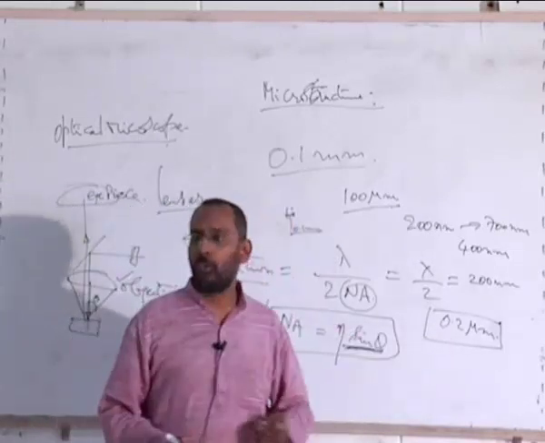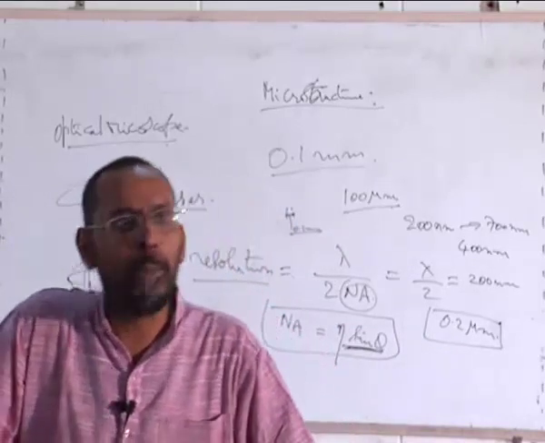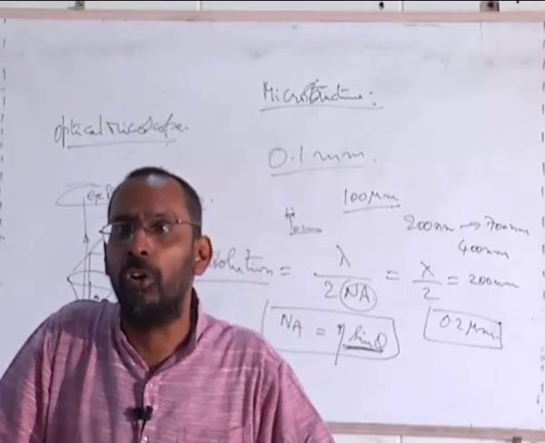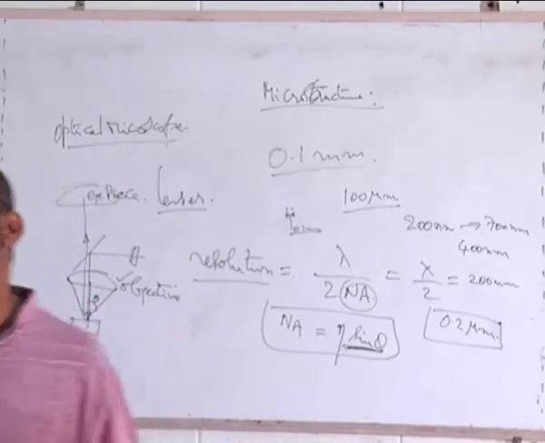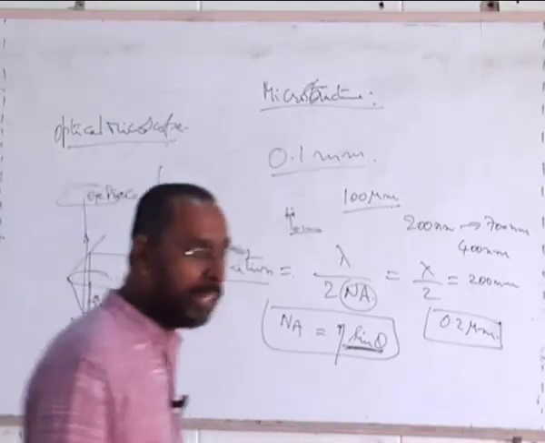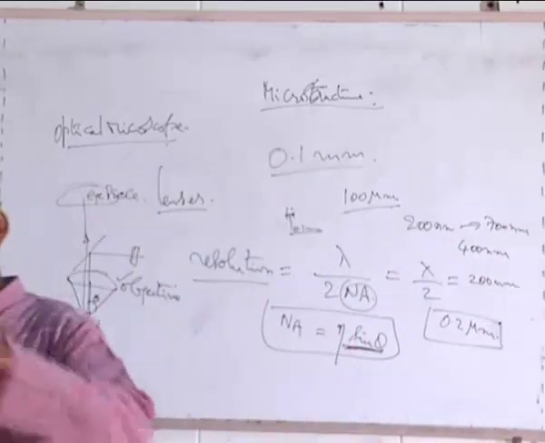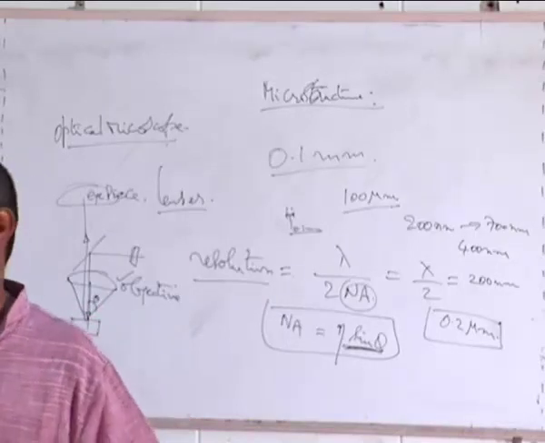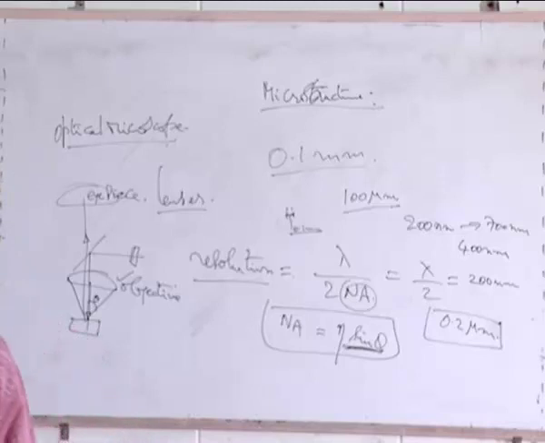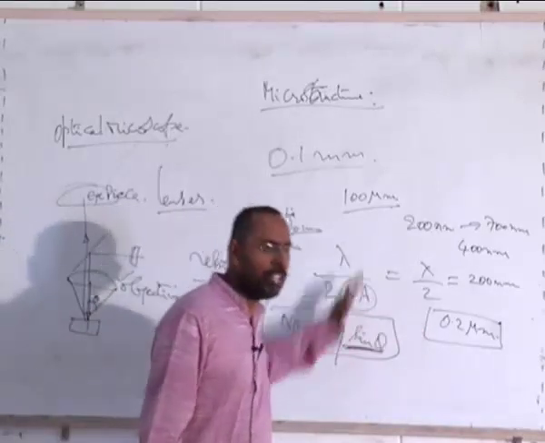And many of our microstructural features are even smaller than that. For example, I just mentioned carbon nanotubes with a diameter of the order of 5 nanometers or so. I will not be able to see them. That means the optical microscope cannot be used for everything. But if I want to see my pearlite, I can happily see it, because the alternate lamellae I am talking about are of the order of a few fractions of a micron, either a micron or just a little lower. So I will be able to see these lamellae without much difficulty, and that's why we use an optical microscope to see most of the features.